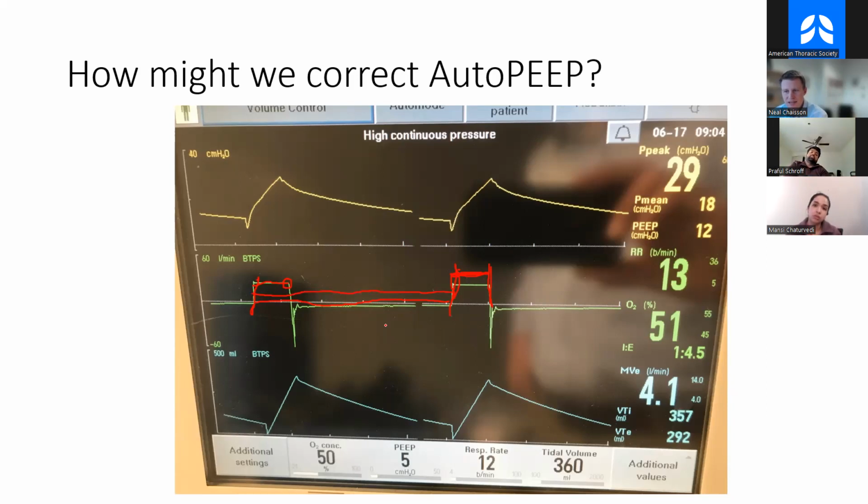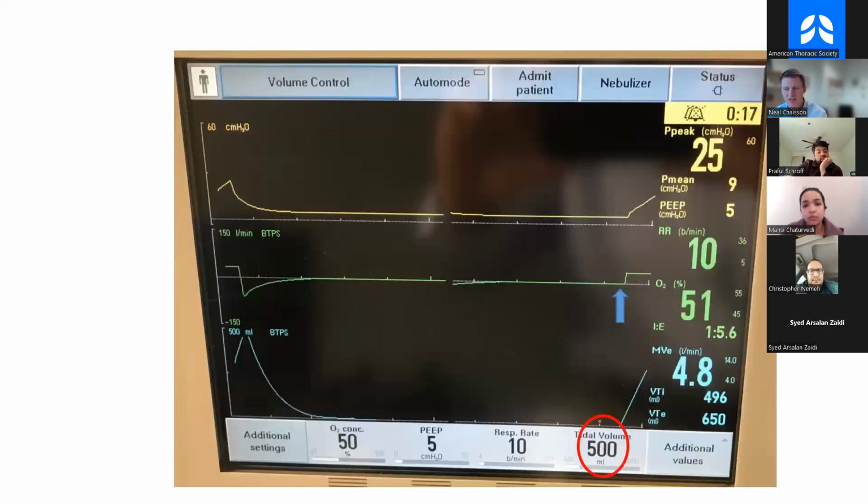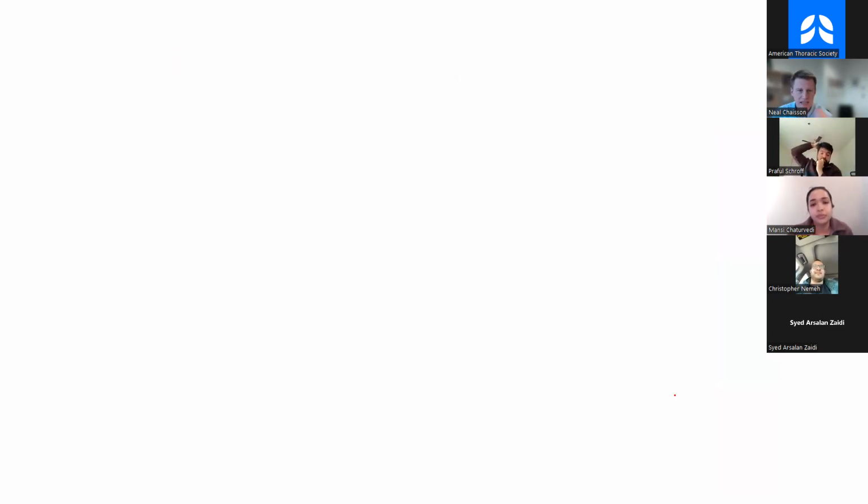Now, there's one problem with this. If we keep our tidal volume the same and we decrease the respiratory rate, what's going to happen? We are going to drop our overall minute ventilation, and that can be a problem. How might we fix this? We can fix it by increasing the tidal volume. So this is the one situation where, you know, in ARDS, you want to have low tidal volume, but this is the one situation in which having a higher tidal volume might help you, because you can decrease your respiratory rate without changing your minute ventilation, okay? So the keys in asthma are decrease your respiratory rate, decrease your inspiratory